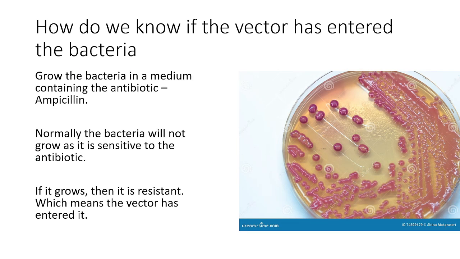So after making my construct and after trying to insert the construct into the bacteria, if I grow the bacteria in a plate containing ampicillin, only those bacteria which had the resistance to ampicillin would grow. That means that the bacteria which grew had the plasmid of my interest. So this is how we first get the confirmation that the bacteria that we are dealing with has got the